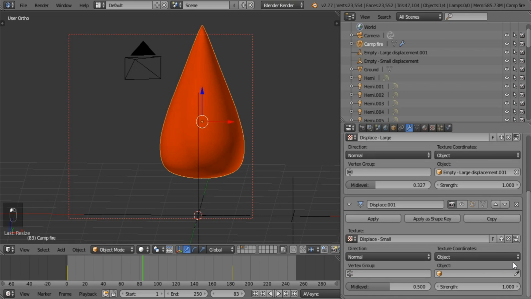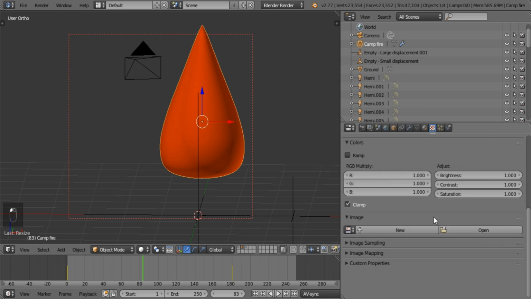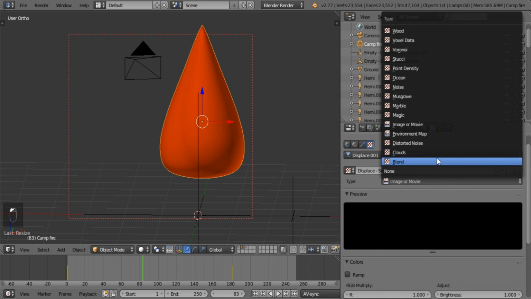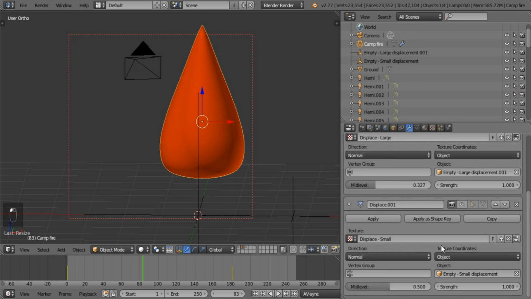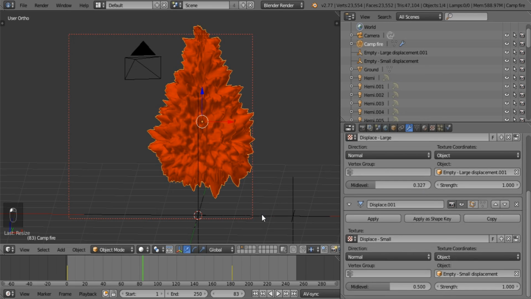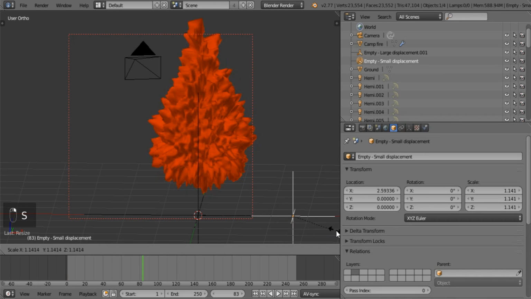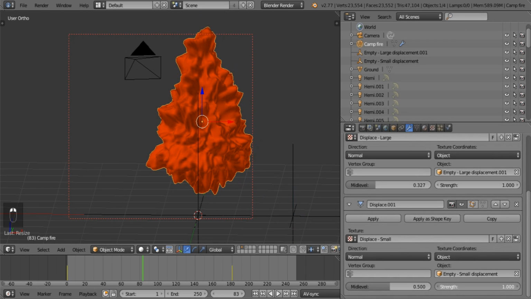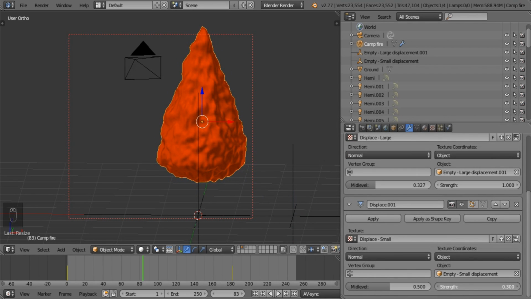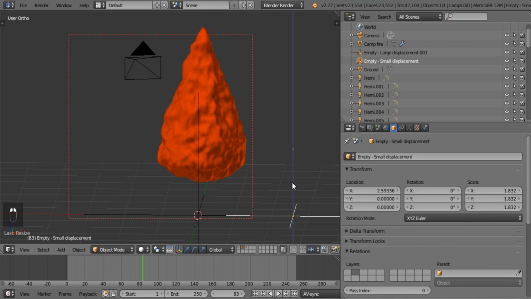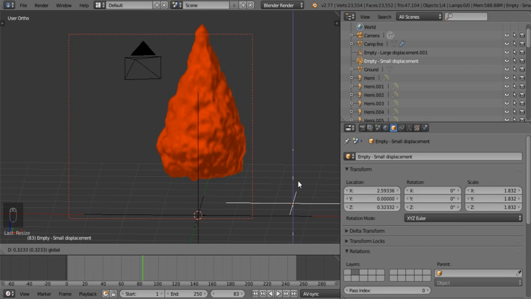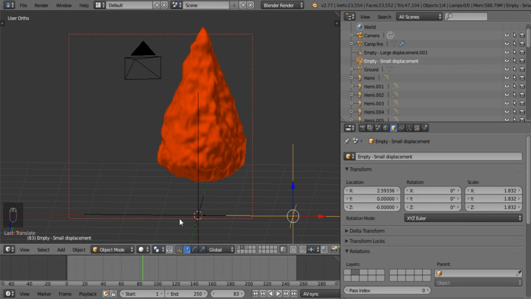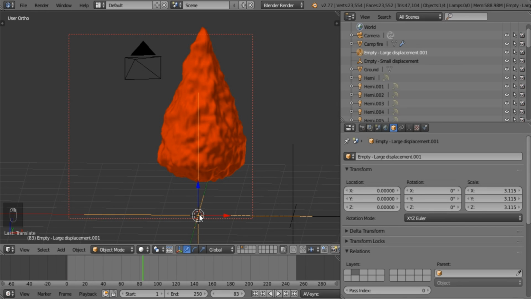Object. Set it to the empty. Then this one was obviously small and it's just a normal cloud texture. Make sure it's visible. Scale it up. It definitely needs to be reduced in strength, so that when you move it up, that's what you get. So it's fantastic. So what we need to do now is use a constraint